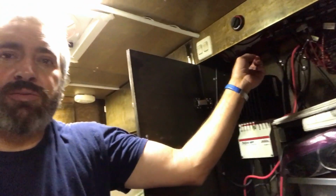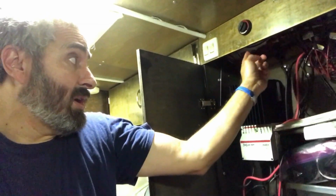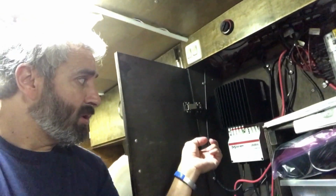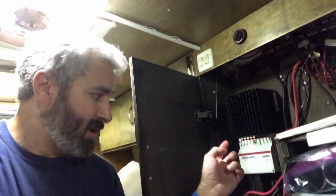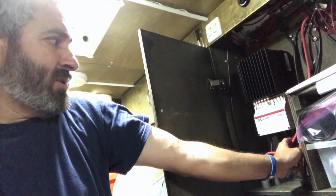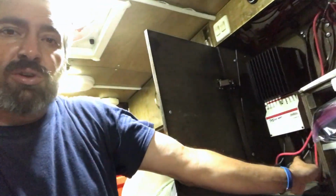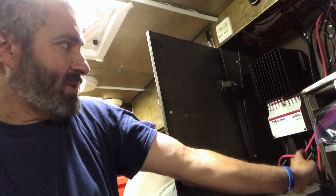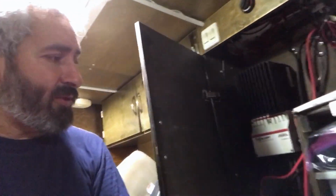So the cable from the solar panel comes in right about here and runs to the charge controller, both the positive and the negative, and they run right over here. And then there's the negative and the positive. They're both in black, but actually they're all in black almost, except for these here. But these run then 2 cables to the batteries, and then from the batteries I have 2 cables,